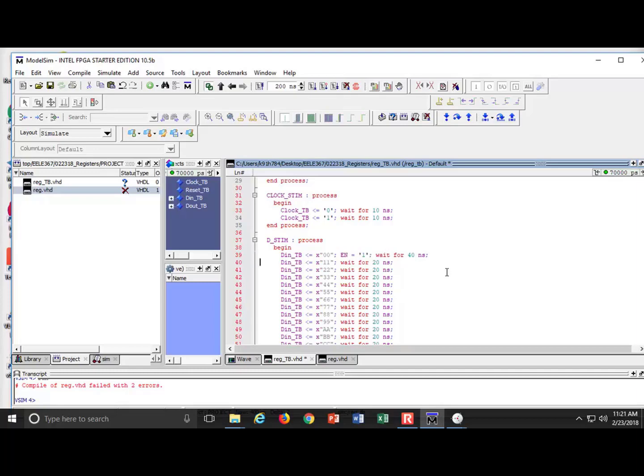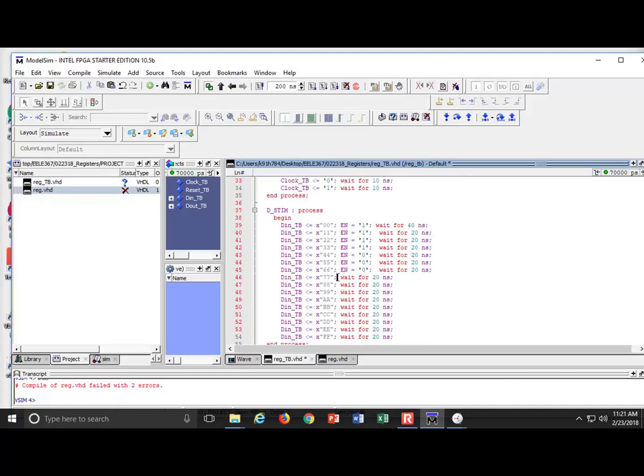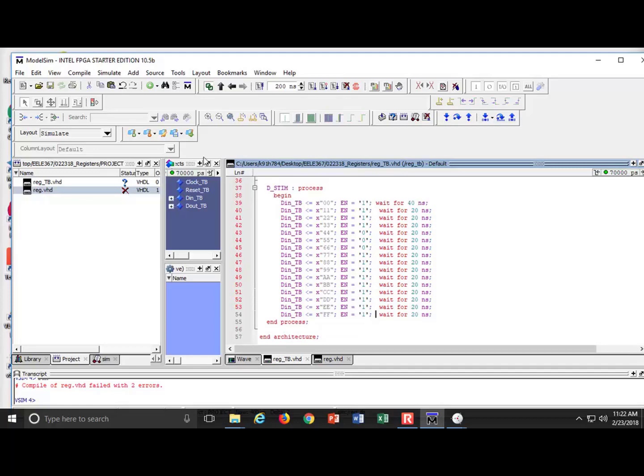Now let's do this. Let's just pop this in here, and we'll enable it, enable it, enable it, and then how about we disable it about right here? Let's take this down, and let's skip a couple. So let's not latch in. You want to do like 3? Let's do 3. And then we'll enable it again, and we'll see if this actually does what we expect. Okay? When it's disabled, what it should do is just hold the last value. All right, so getting the test bench up to date is probably the most time-consuming thing,